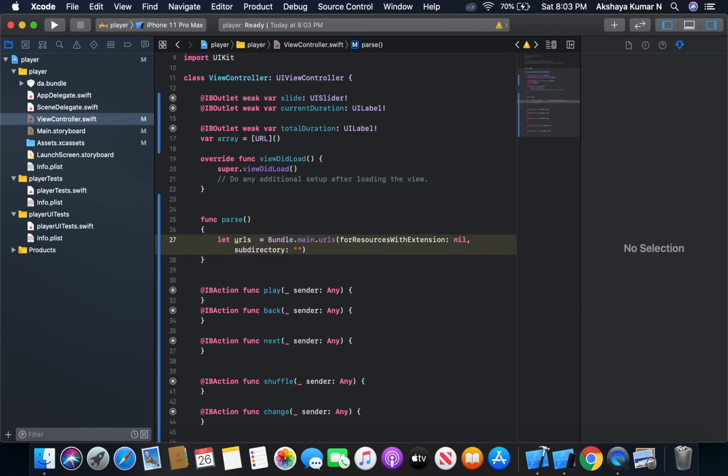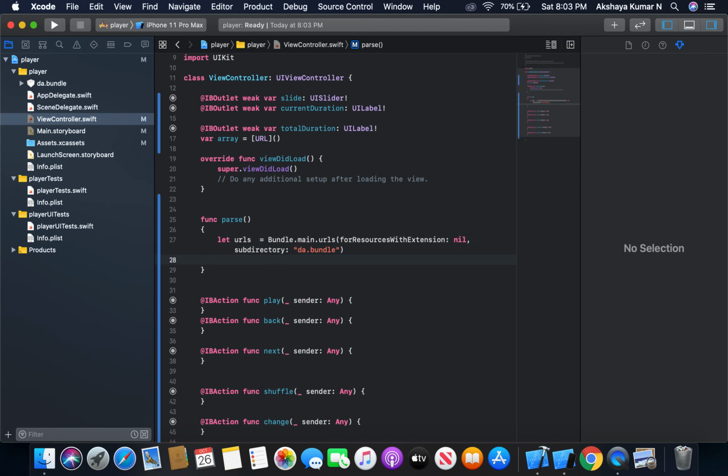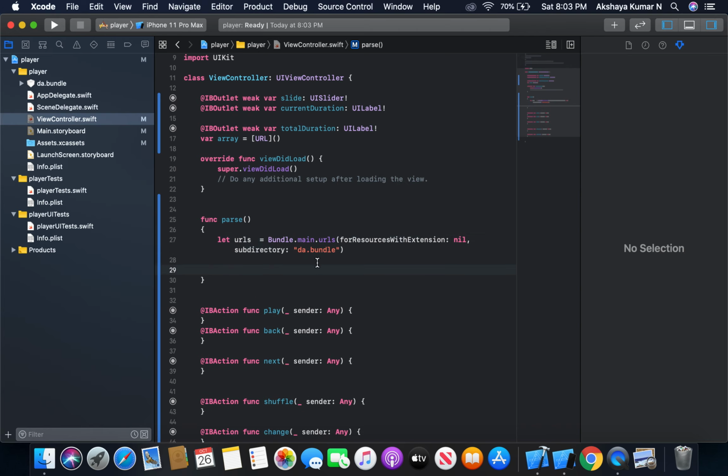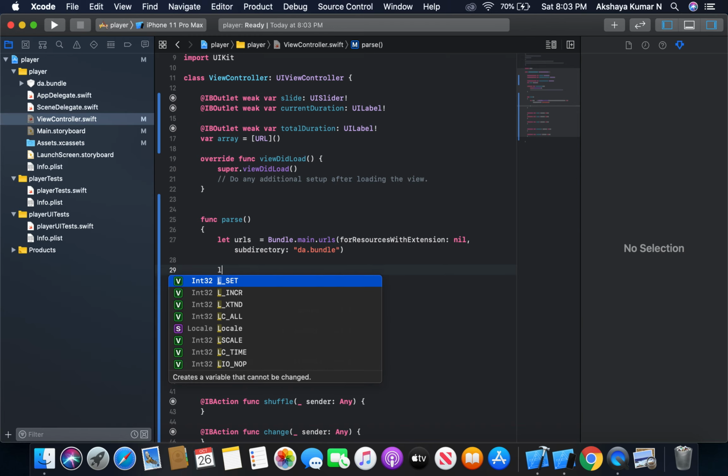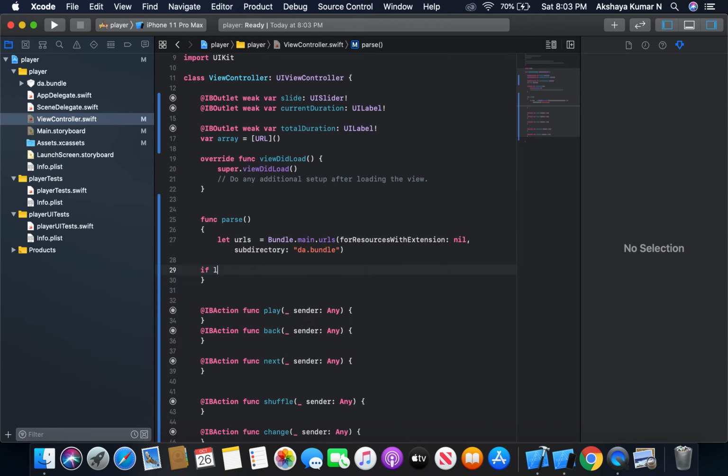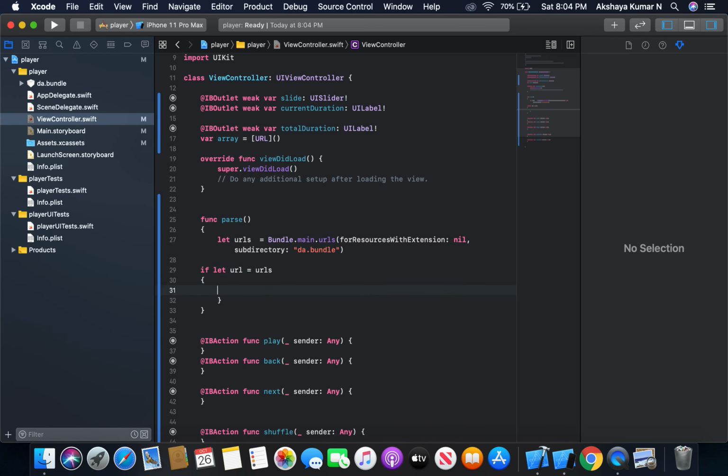It's going to be song dot bundle. Let url is equal to urls. If there is an item, it will move. If there are some URLs, it will move to this URL variable,